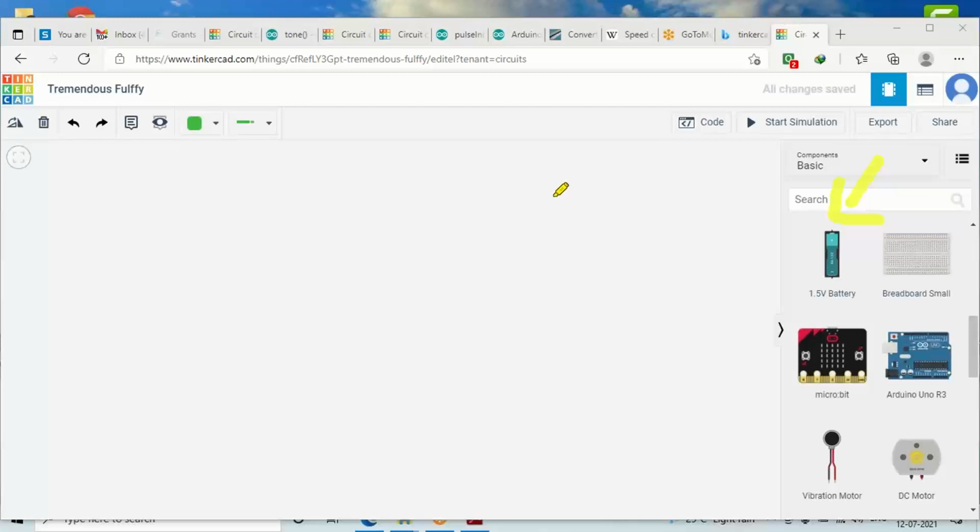Okay, so in order to control the light intensity, or if you want to find out how much light intensity is there, there is a sensor called LDR. A light dependent resistor, there is a sensor called LDR.